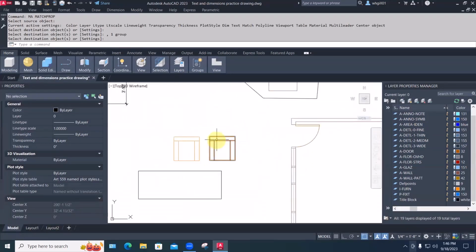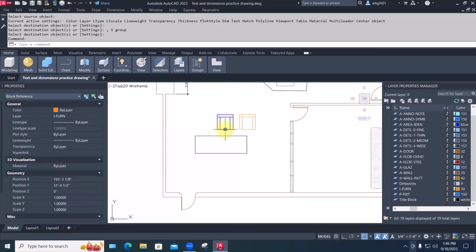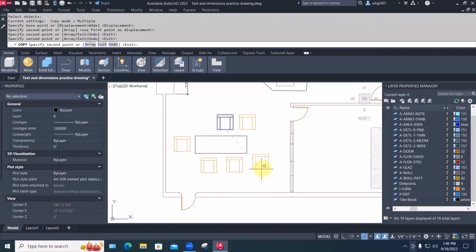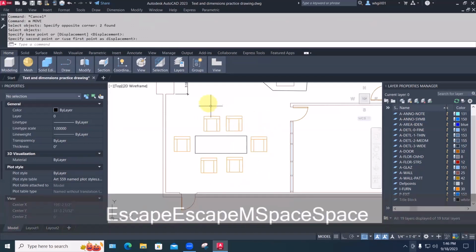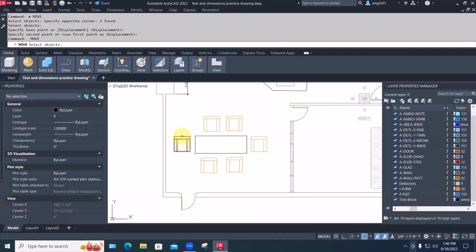Okay, let's look at the things that we can do with a block. If I want to populate this table with them, I'll just copy this around. Copy. So this guy, there are a couple of different ways to rotate it. One is to select it, enter,